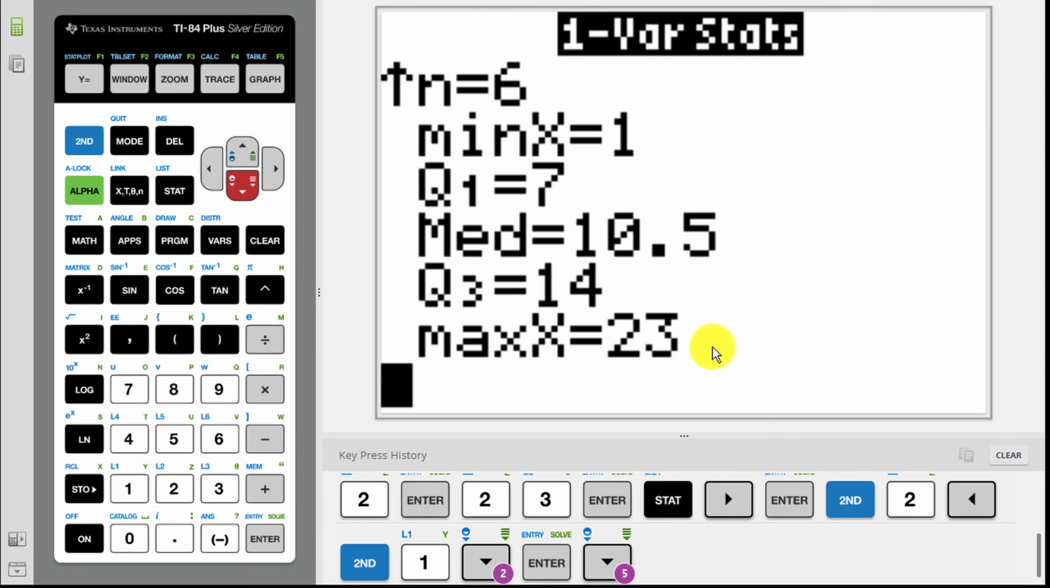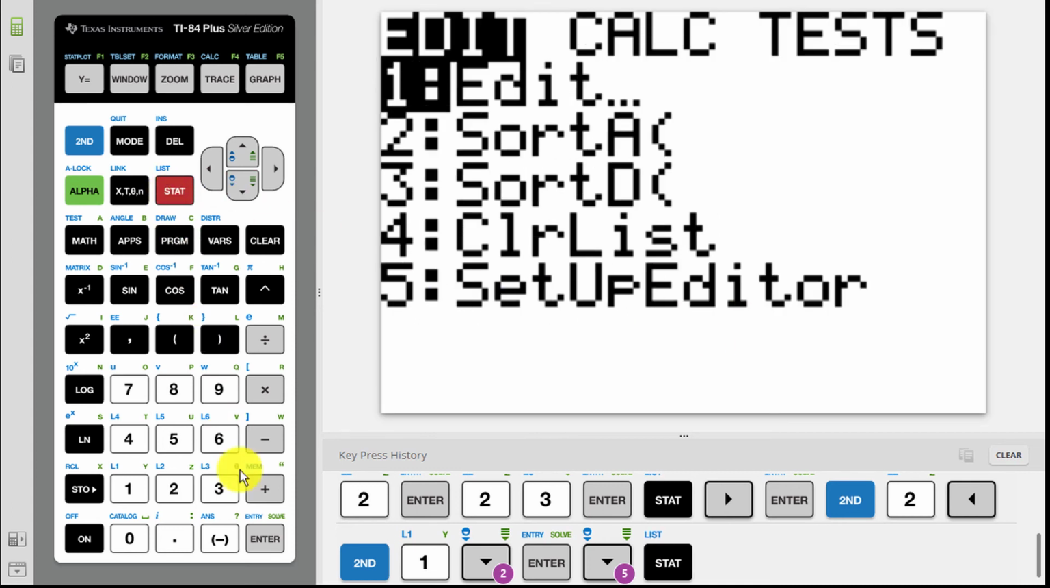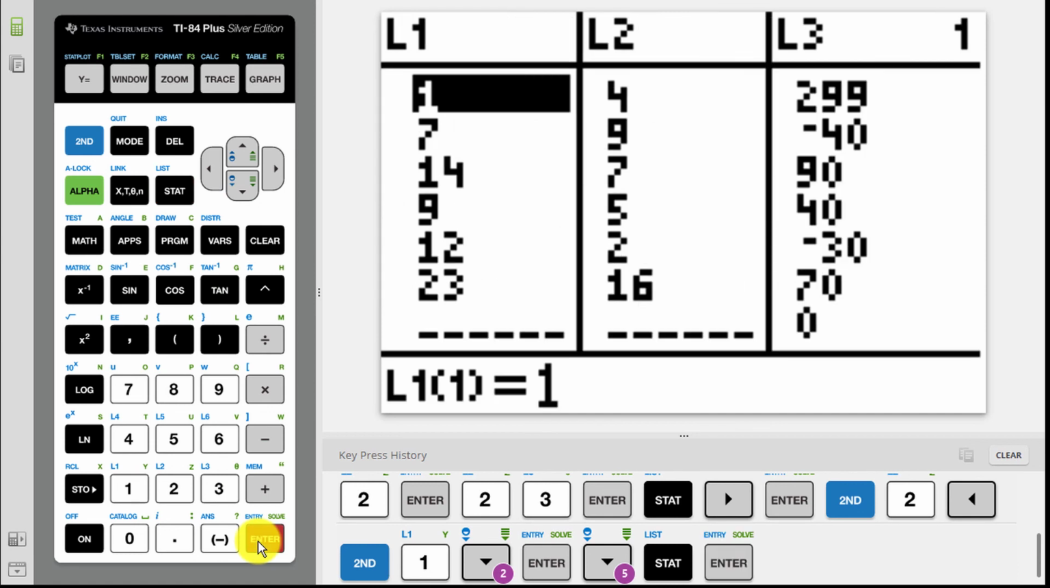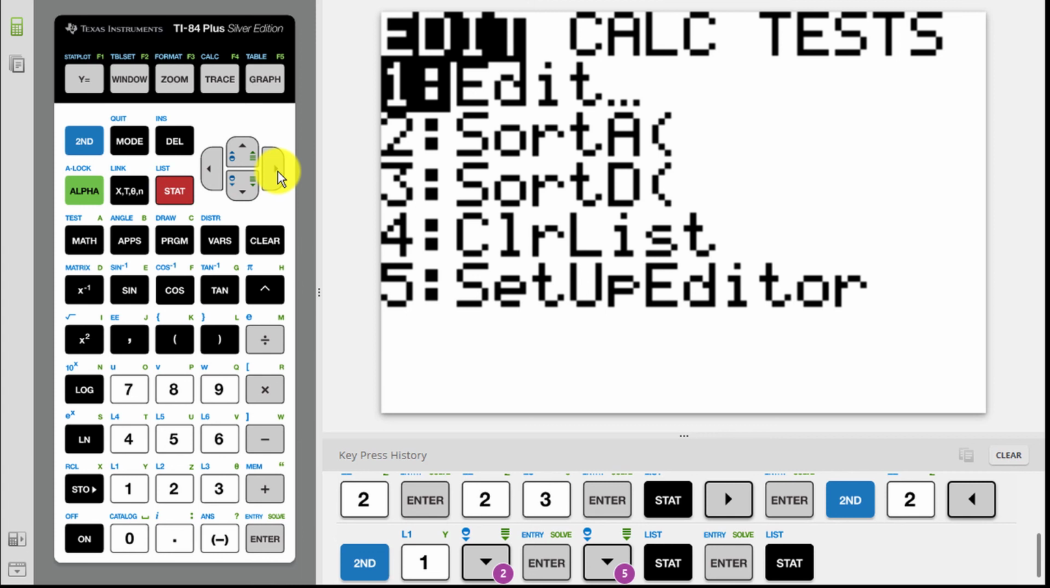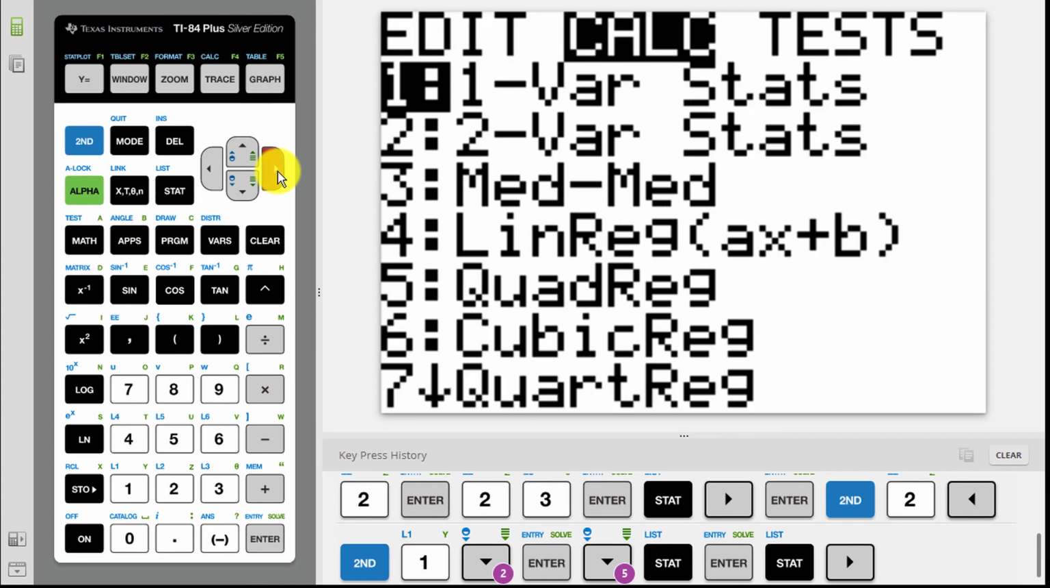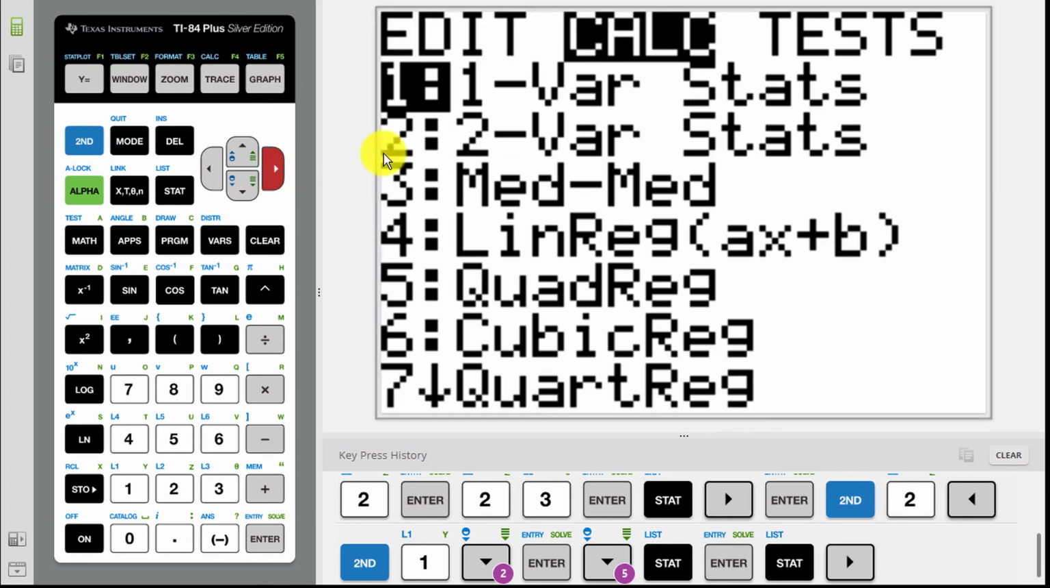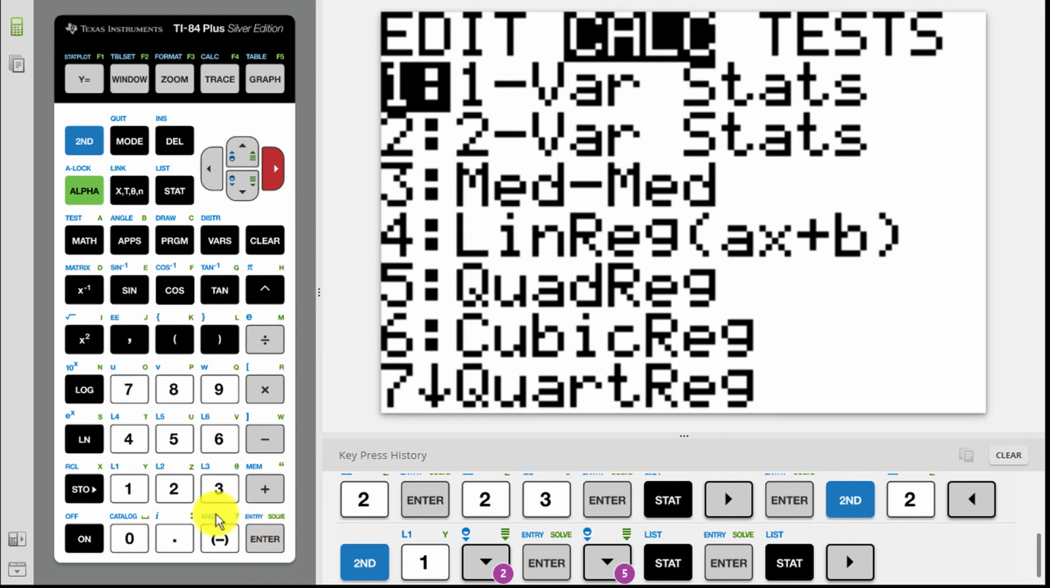You can also do 2 sets of data at once by using 2-Var Stats. If I go back into Stat Edit, you see that I already have some data in list 2. As long as there's the same number of values in list 1 and list 2, you can go back to Stat, arrow over to Calculate, and then choose the second option, 2-Var Stats, which defaults to having list 1 and